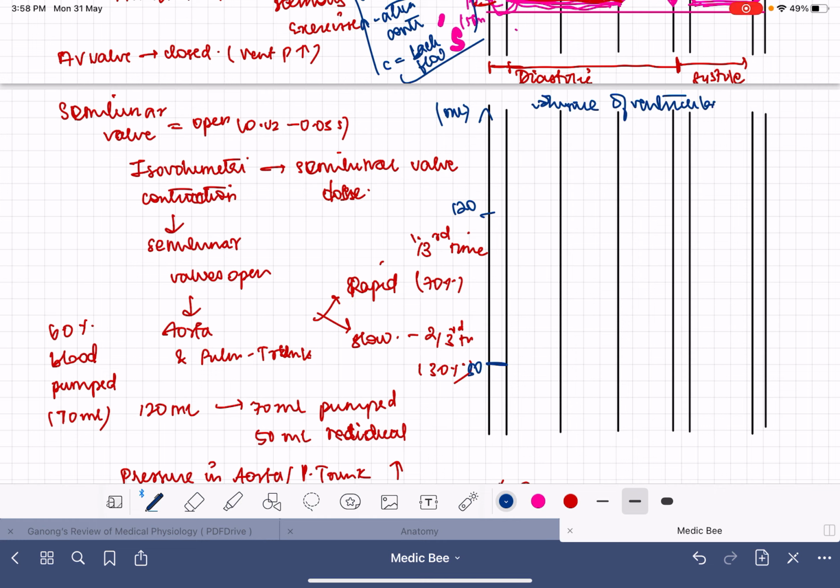But after this, as the blood is coming from the atrium to the ventricles, it will slowly rise. But only till rapid inflow and diastasis there is a slow rise. After that, there is a slightly faster filling, because the atria are contracting and the blood is pushed forward. Both of these are passive stages. Here gravity is helping, and again here gravity is helping. But here the atria are contracting, so there is a little steep increase. It is going towards 120.